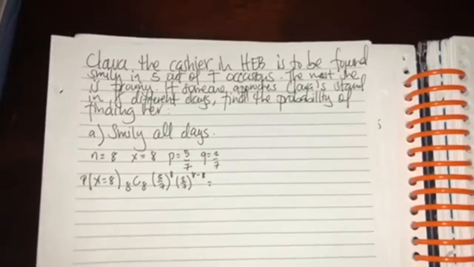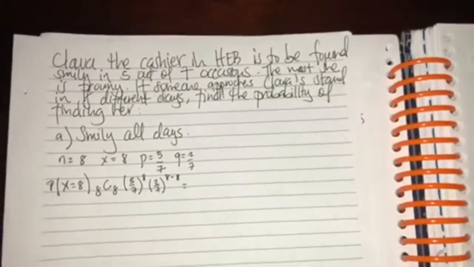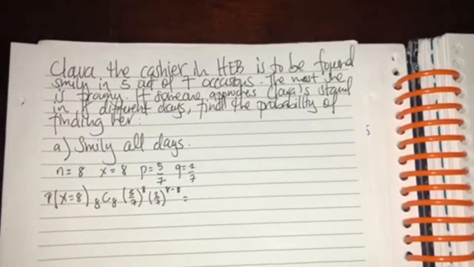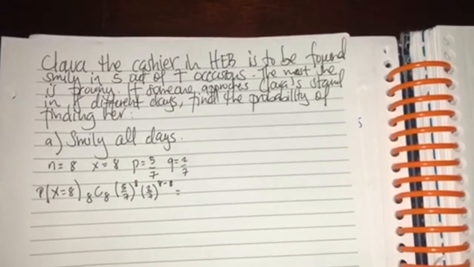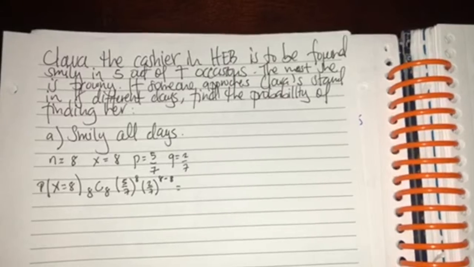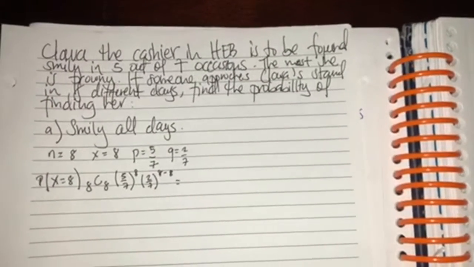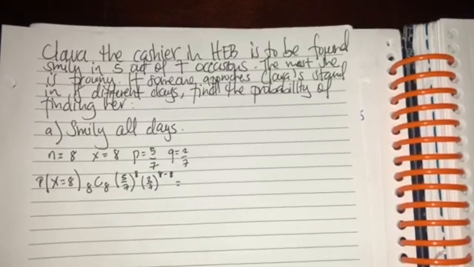And here our friend Eduardo Garza will show us how to do a problem. Okay, so here's a problem for binomial distribution. Clara, the cashier in HEB, is to be found smiley in 5 out of 7 occasions. The rest, she's frowny. If someone approaches Clara's stand on 8 different days, find the probability of finding her smiley